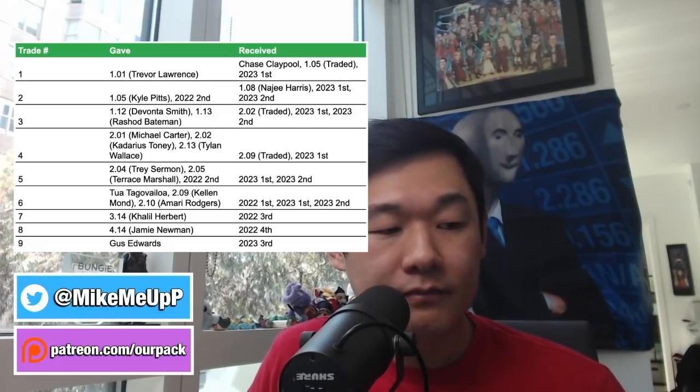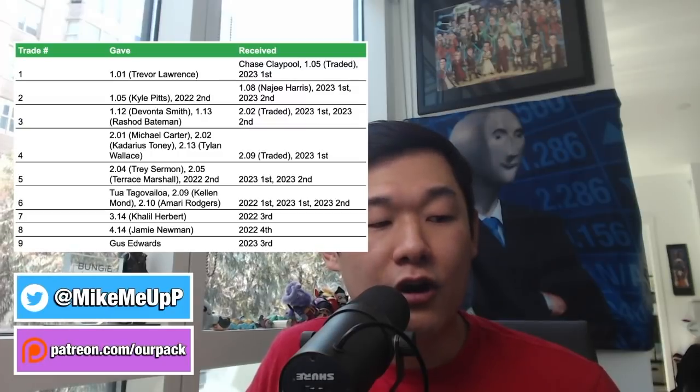But also, people tend to undervalue third and fourth round picks, in my opinion. And here's why. Third and fourth round picks on their own, in an absolute vacuum, do not have much value. I completely agree with that, right? But where they do have value is when you have a hoard and a treasure chest of rookie picks, which I do,